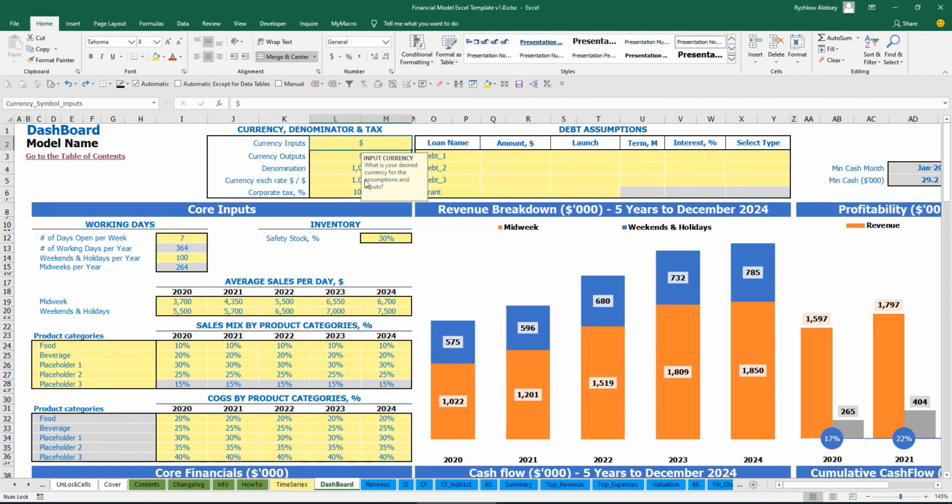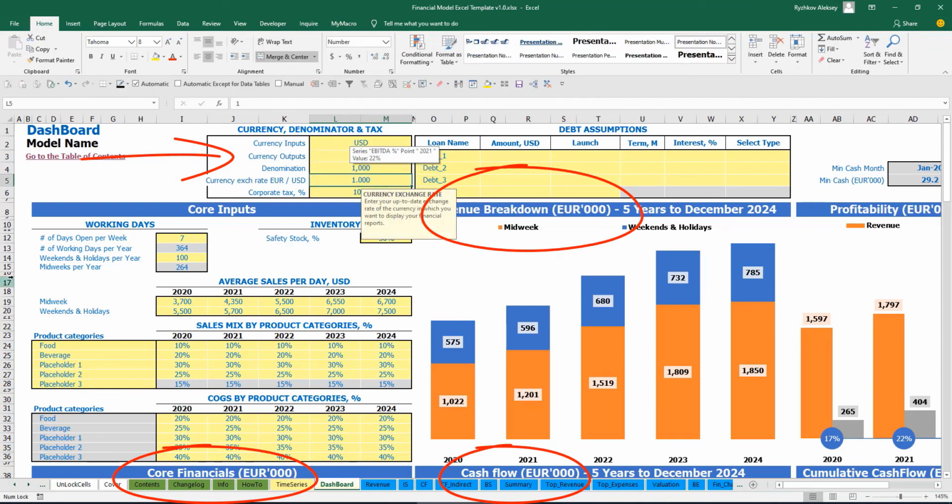On the top of the dashboard you have currency, denomination and taxes setup. So currency inputs means that you can input all your drivers for the model using one currency. You have currency outputs. It can be the same as currency inputs and it can be different from currency inputs. So let me give an example. When you input in United States dollars, you have euro as an outputs, and for this case you can set